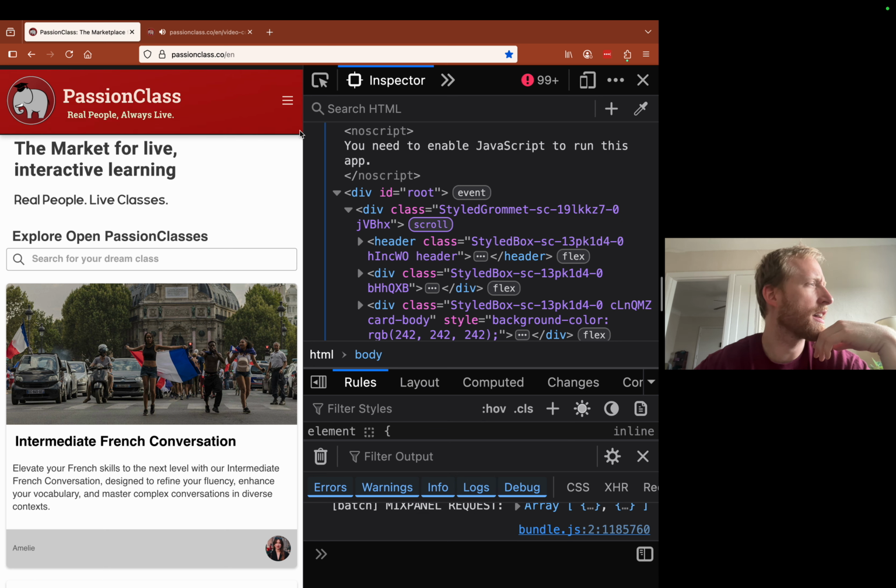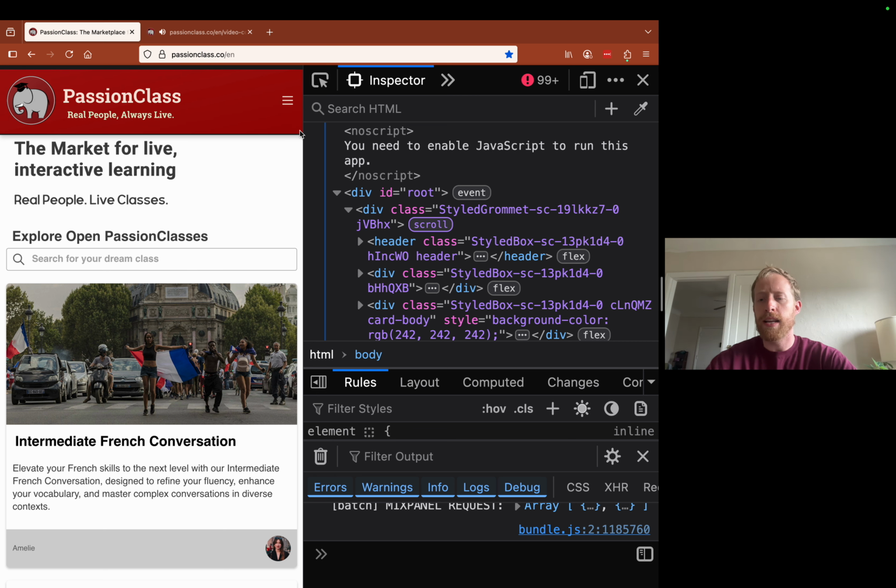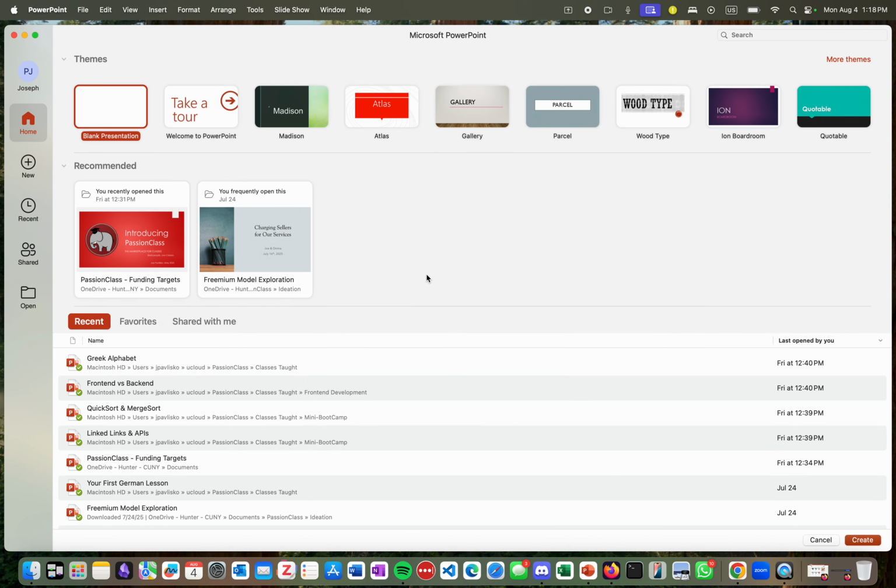Hold on one second. Sorry. I'm going to close that. That was loud. I know that Safari by default doesn't display that inspect option, and you have to change it in the preferences. So if you're on Safari, you can change it in the preferences or just try a different browser. You could ask ChatGPT how to do that. I can't quite recall, but you should be able to get it on any browser.